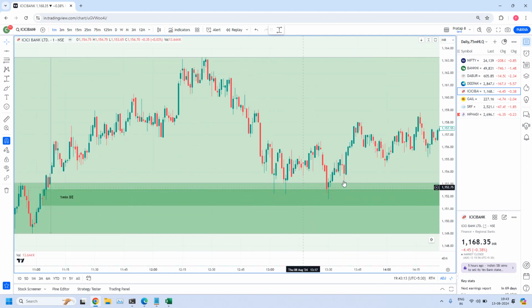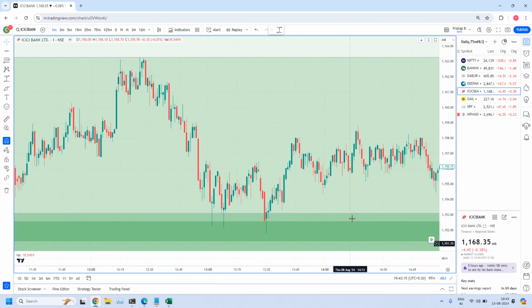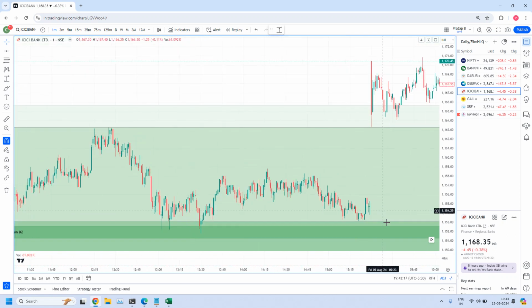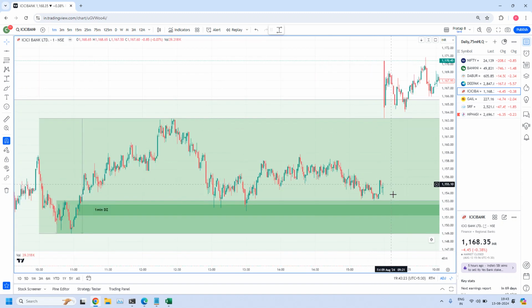Multiple times it is holding the prices. It never let the price go below this. Next time prices again came very close to this. After that again a pro gap started from here. That's why it indicates that this could be... So you can plan this as an aggressive trade.